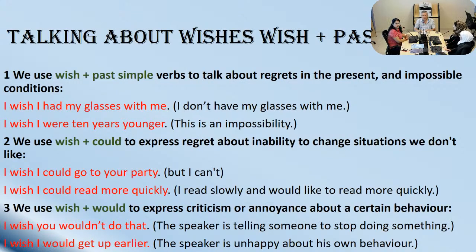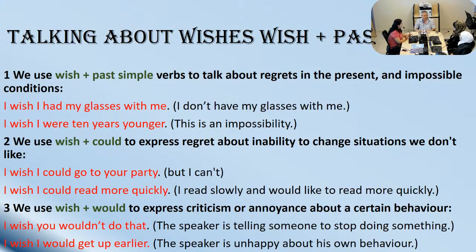Ms. Ula: Okay, let's start talking about wishes. How do we use wish to talk about the past? Of course, we have to use the simple past. We can use the simple past, we can use could, or we can use would. Actually, we use the simple past if the original sentence is in the present. Exactly. If the original sentence is in the past tense, we use past perfect afterwards.